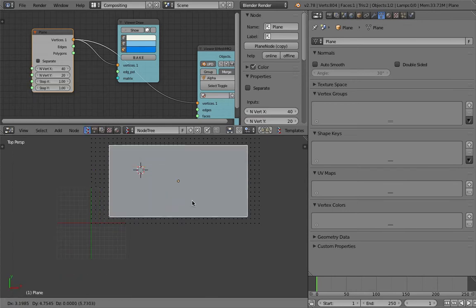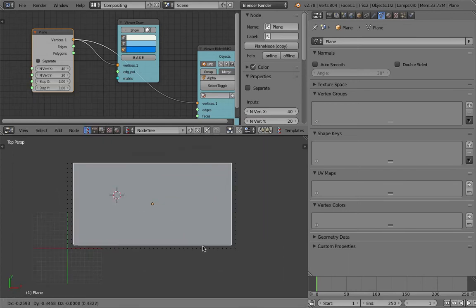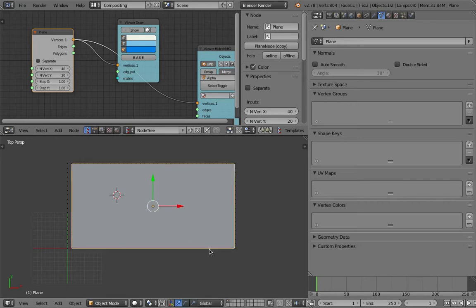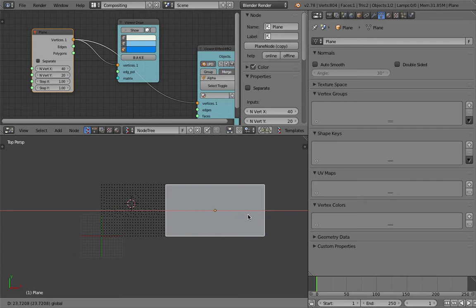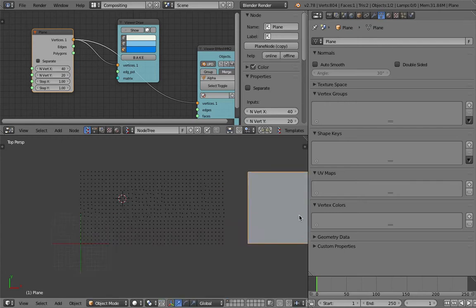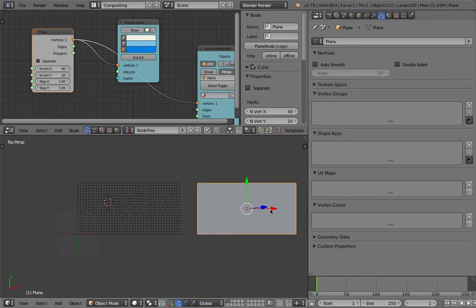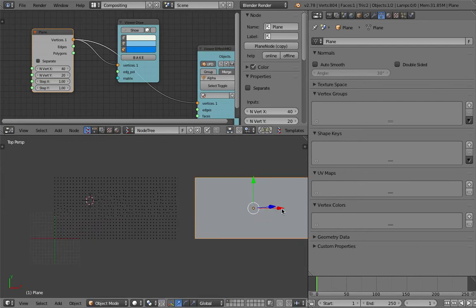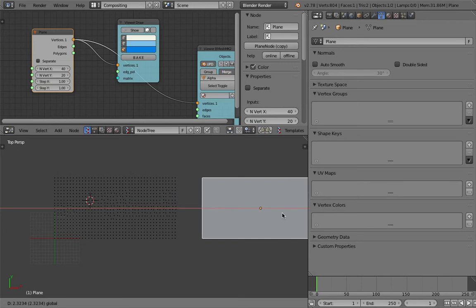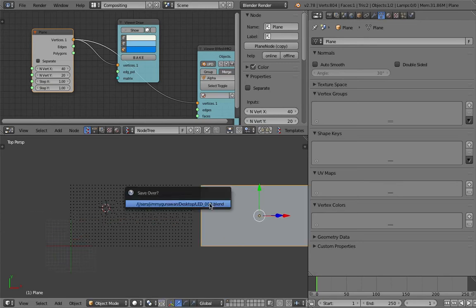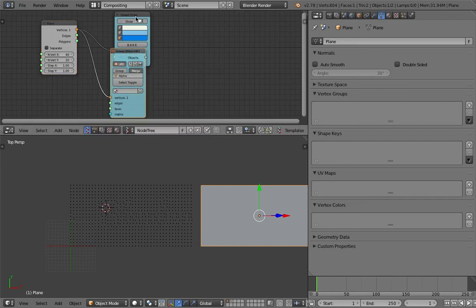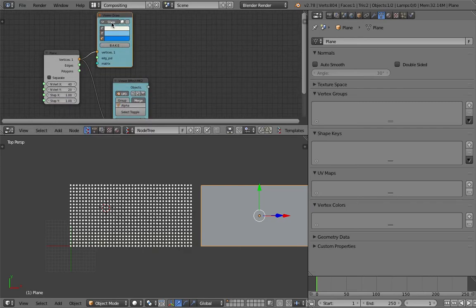Top view should be covering the points. Can you see the word Blender passing through? Yeah, maybe very slightly. Okay, that seems to work. So